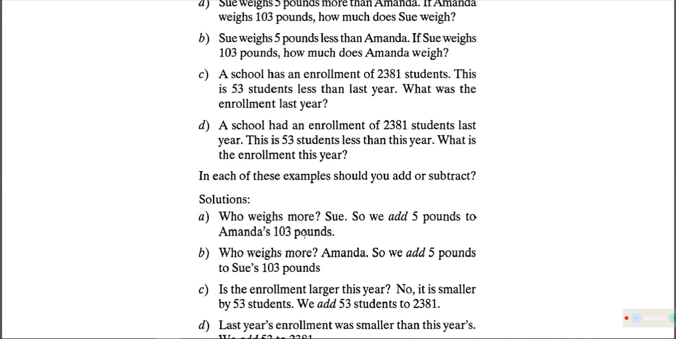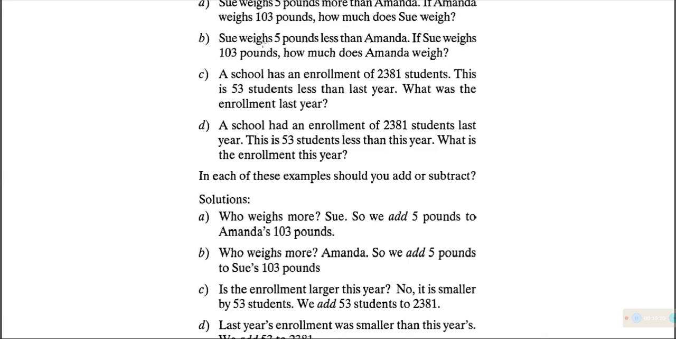Now let's go to... Aba, teka. Teka, nalito ako dun sa B. Teka, ulitin natin. Sue weighs 5 pounds less than Amanda. If Sue weighs 103 pounds, how much does Amanda weigh? Ayun, mas mabigat pala si